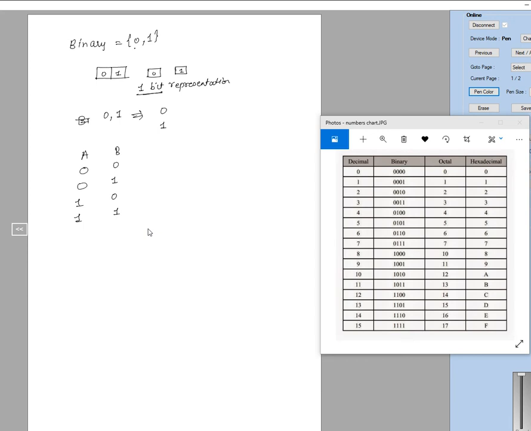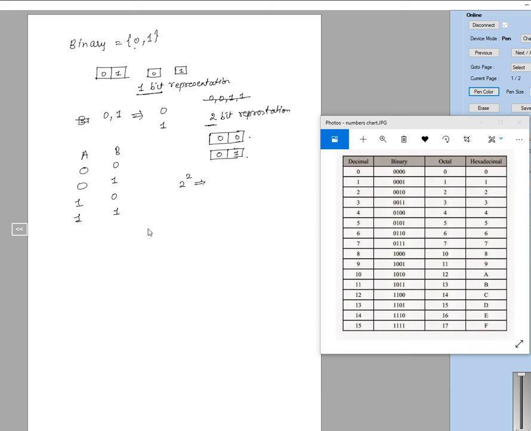Now how did I calculate this? Initially I had only 0 and 1 with me, right? Instead of writing in this fashion, we say you can use a 2-bit representation. Under 2-bit representation, we represent 0 as 0 0, and under 1 we can have 0 and 1. This is again 0, this is again 1. But now when we have a 2-bit representation, what are the possible combinations we can get?